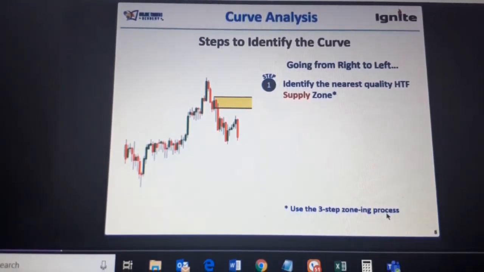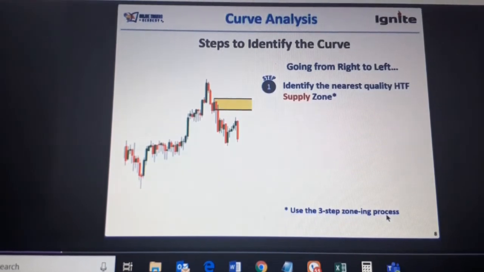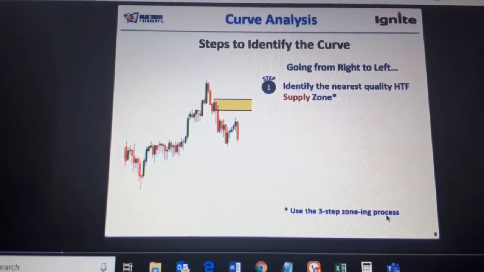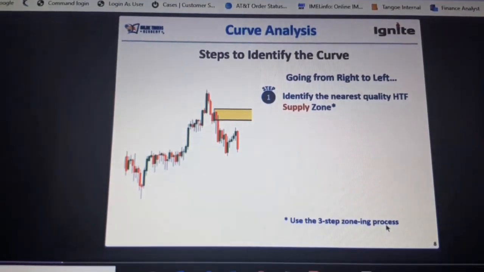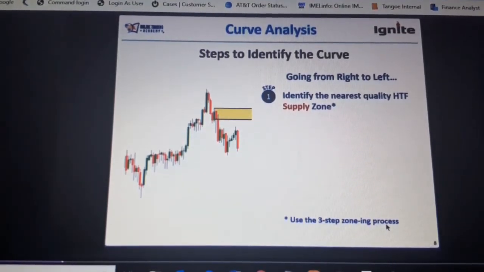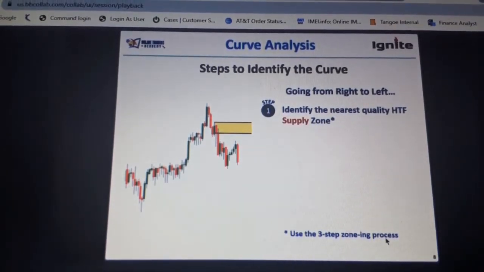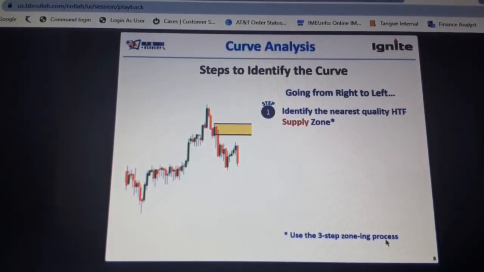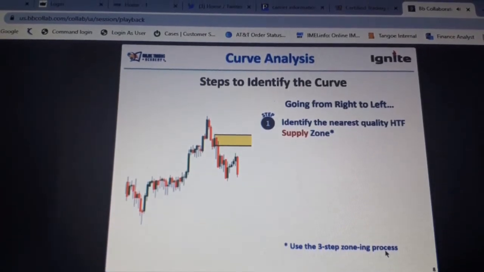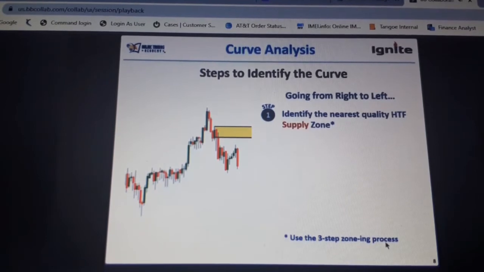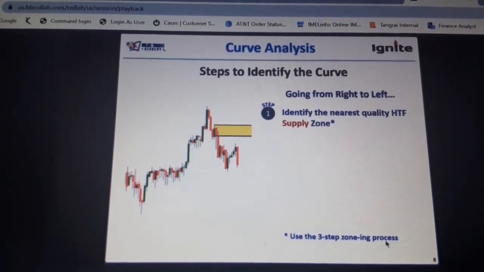That is not the three-step zoning process like in base. You have to start from the current market price without cutting through candles, look left and down for your demand zone, look left and up for your supply zone without cutting through candles until you find the origin of a strong rally in price for your demand zone and a strong drop in the price for your supply zone.